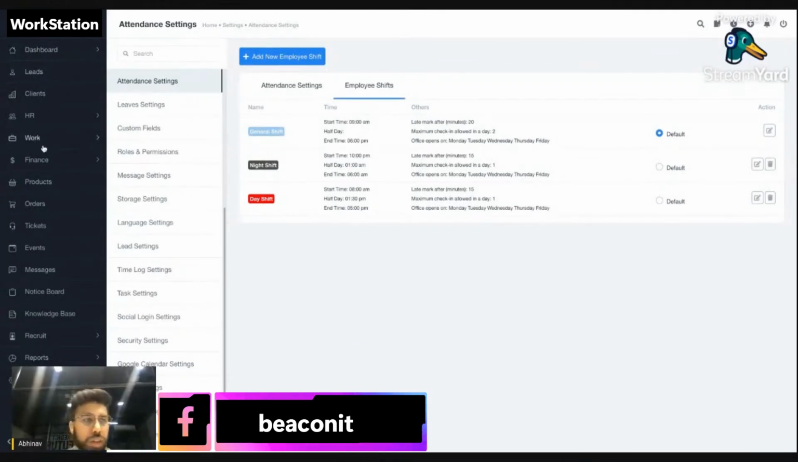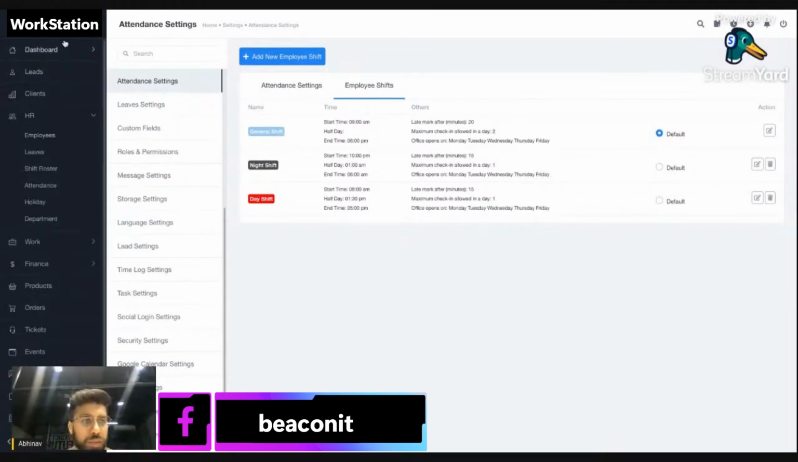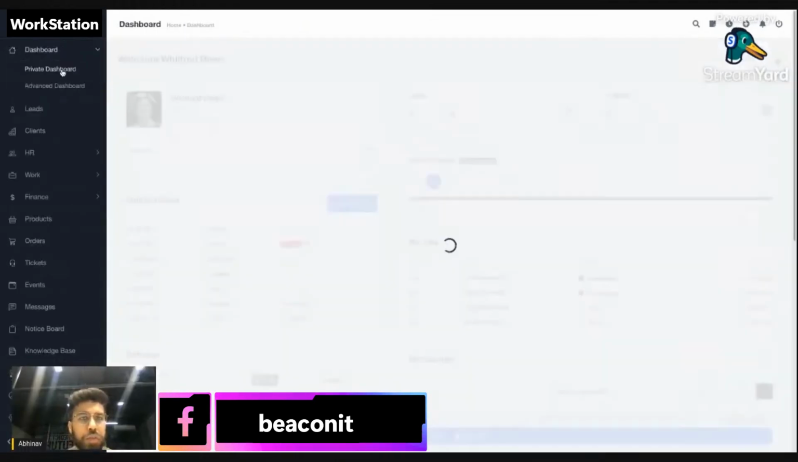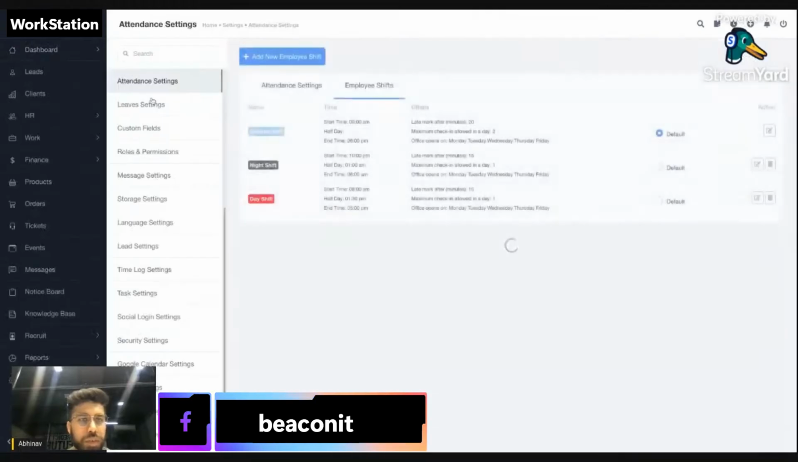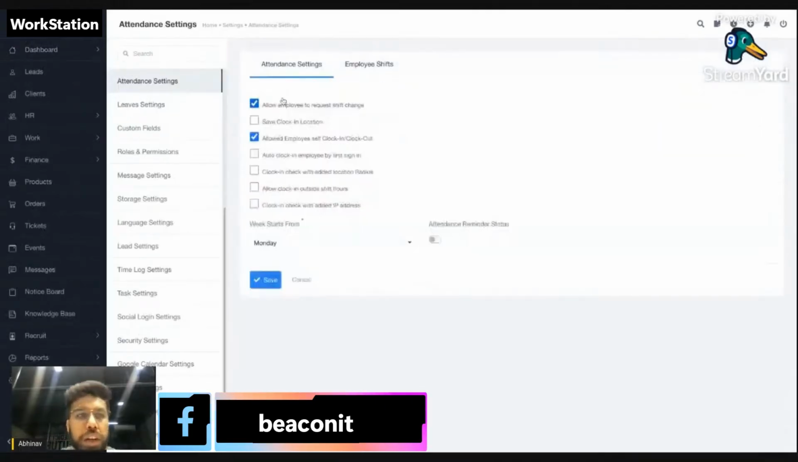Now coming to the attendance section. If you go to this section, like the dashboard, first I think we should cover the attendance settings. So in the settings, you can see multiple options, like whether you want to